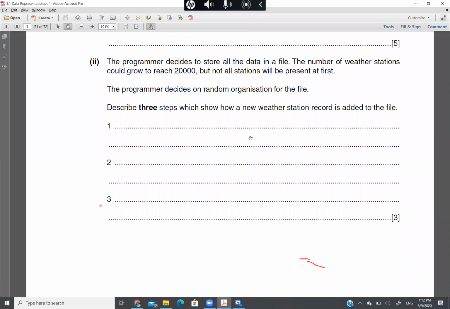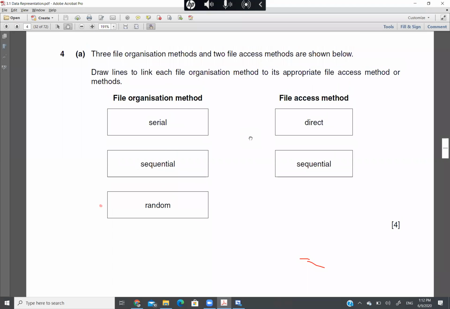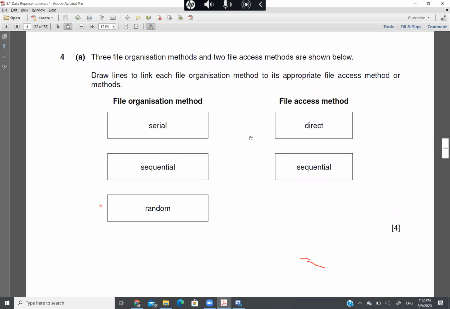The programmer decides to store all the data in a file. अच्छा, ये फाइलिंग वाला कॉन्सेप्ट आ गया, अभी हमने फाइलिंग पढ़ी नहीं है, उसको अभी हम ओवरलुक कर देते हैं। फाइलिंग का एक इंट्रोडक्शन ले लेते हैं यार यहाँ से। फिर बाकी क्वेश्चंस ना कंटिन्यू करेंगे। अब अनस आ गया तो कोई नई चीज पढ़ लेते हैं, शायद अनस की वजह से हम लोगों को भी समझ में आ जाए।